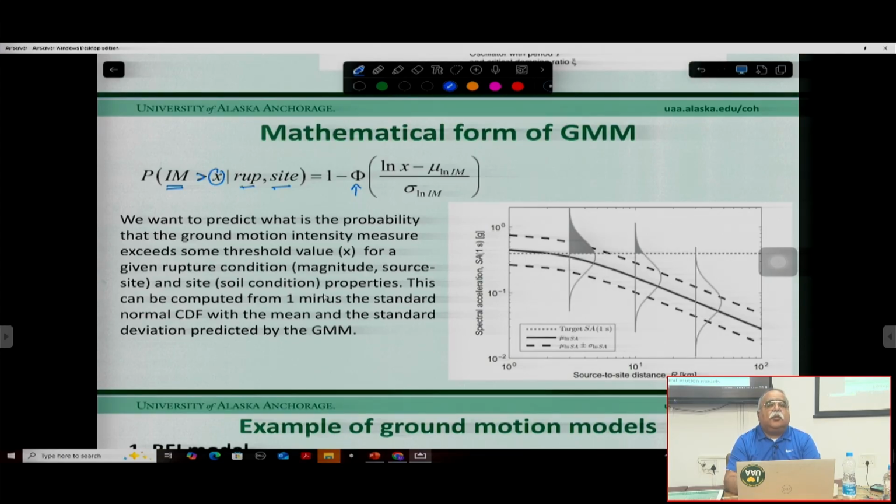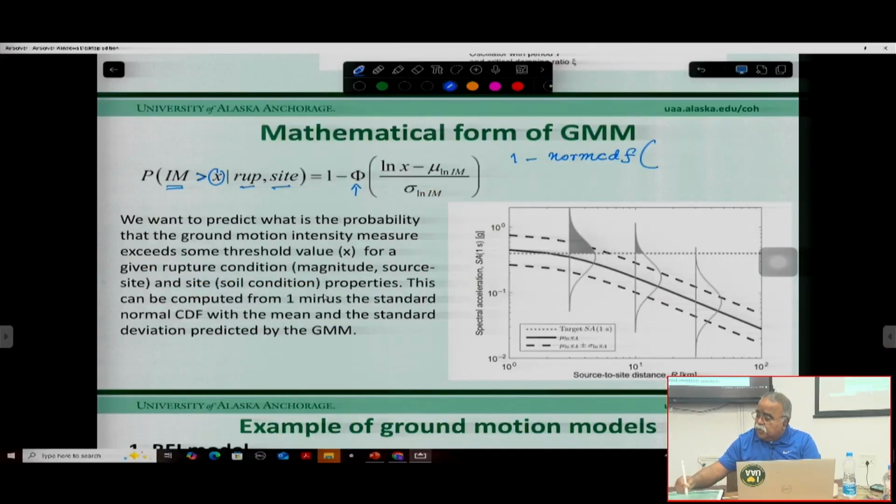In MATLAB, you can calculate this with the function normcdf. So P equals normcdf of whatever number you calculate here, and then it will be 1 minus this one. That will be your probability of exceedance. So this P part we call the standard